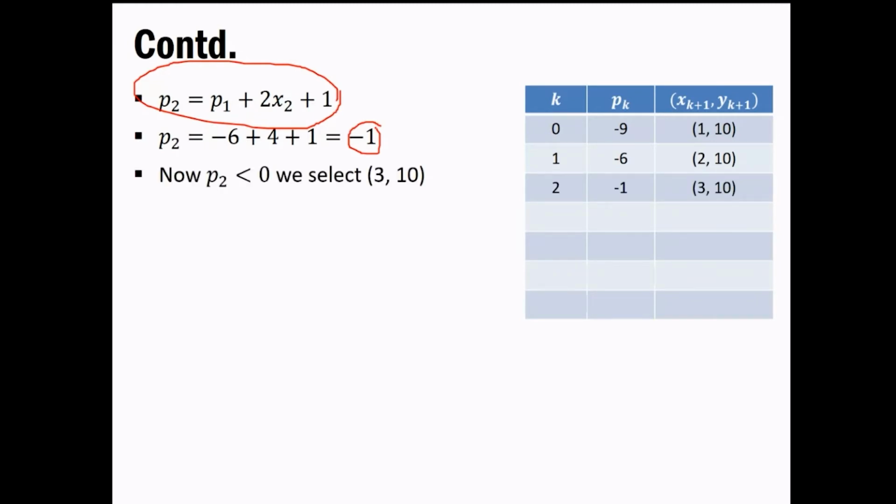See, at each and every iteration we are checking whether it is close to the line, whether it is inside the boundary of the circle or outside. Based on that particular thing we are making the decision that this would be the perfect thing to do at this stage. That is a very simple thing, and again we'll proceed further, that is the p3 value, p2 plus 2 x3 plus 1. Based on the iteration we'd be getting each and every one of these. So now you'd have -1 plus 6 plus 1. Okay, so now the value is 6.